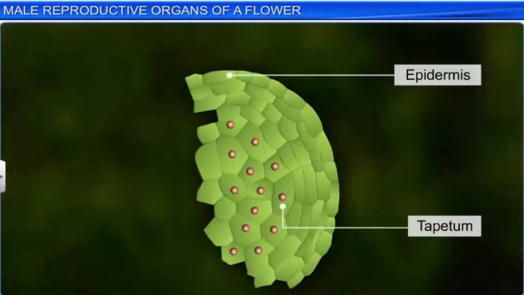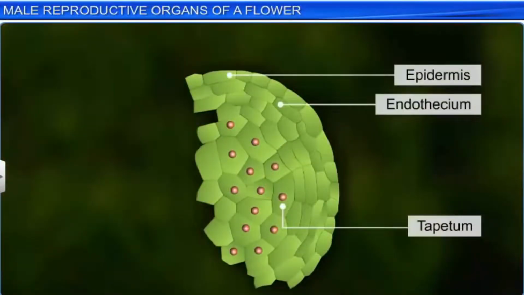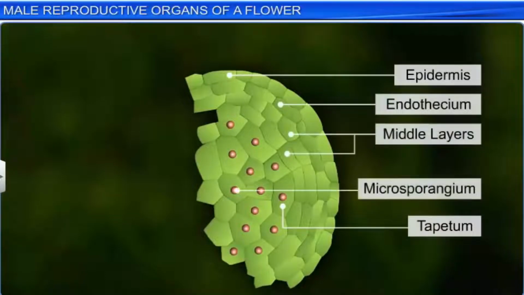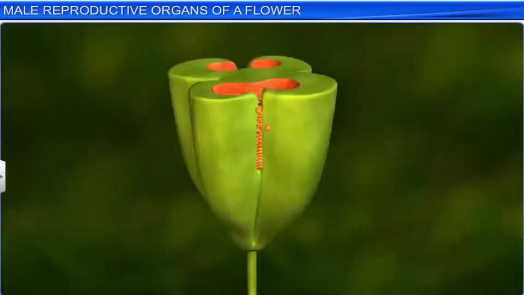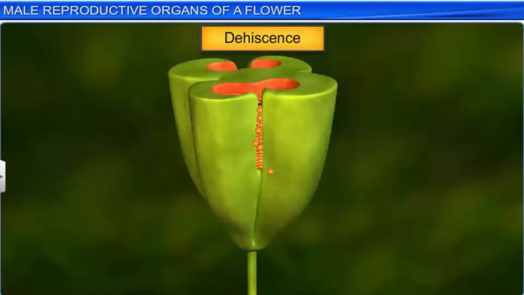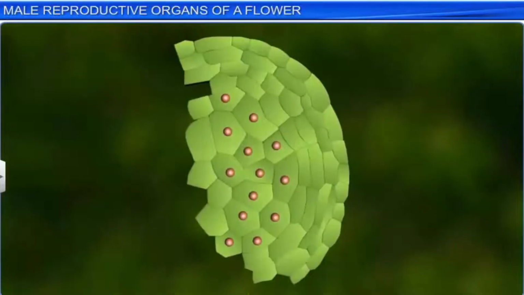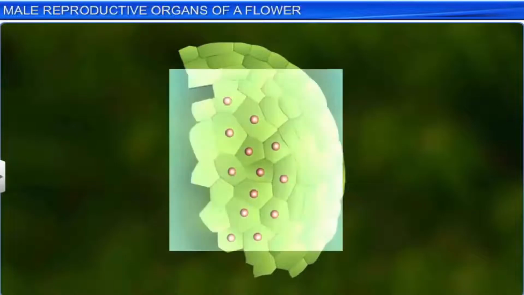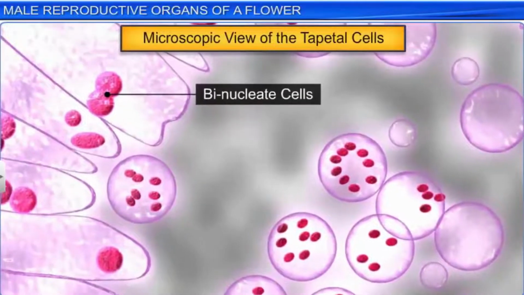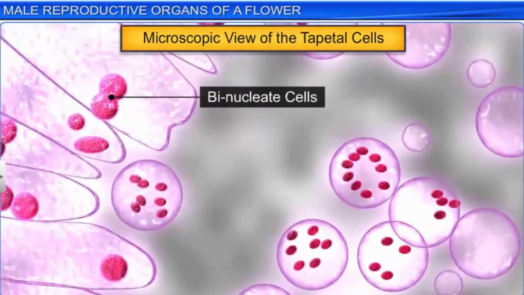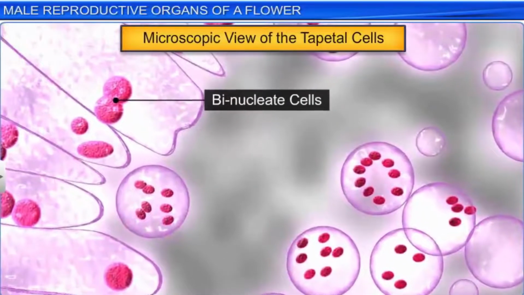The epidermis, endothecium, and middle layers protect the microsporangium as well as aid in dehiscence, which is the splitting of the anther walls that causes the release of pollen grains. While the tapetum, whose binucleate cells possess dense cytoplasm, nourishes the developing pollen grains,